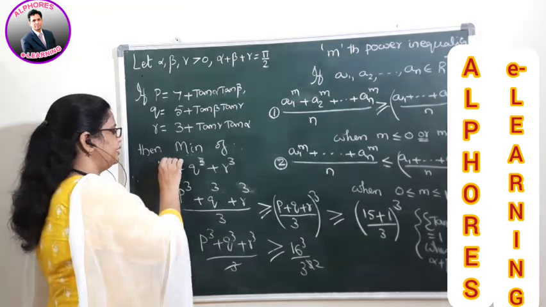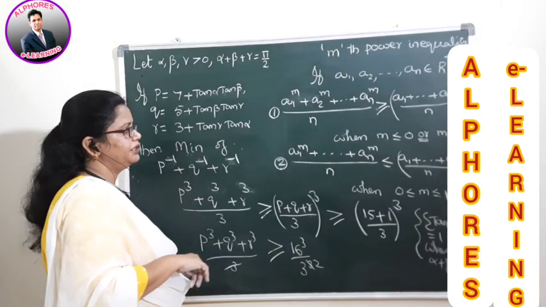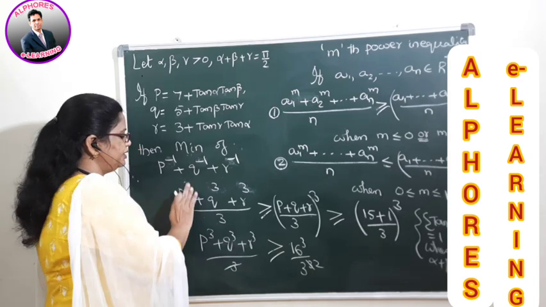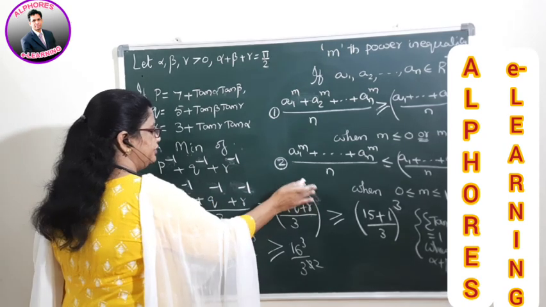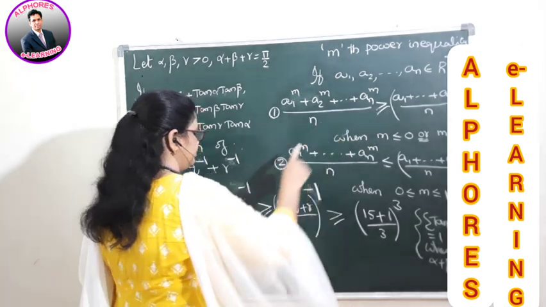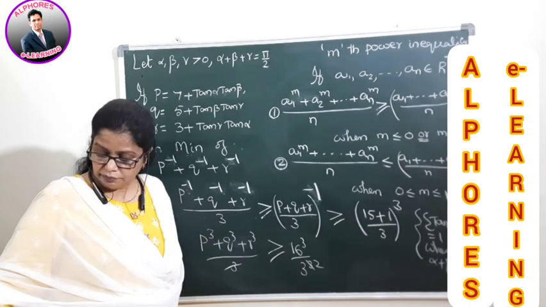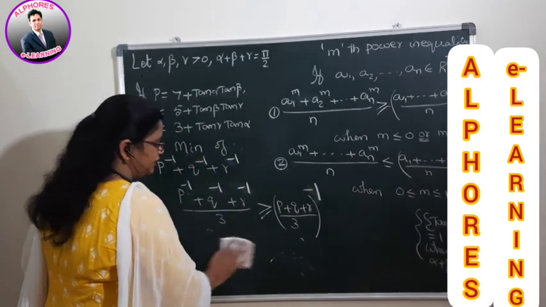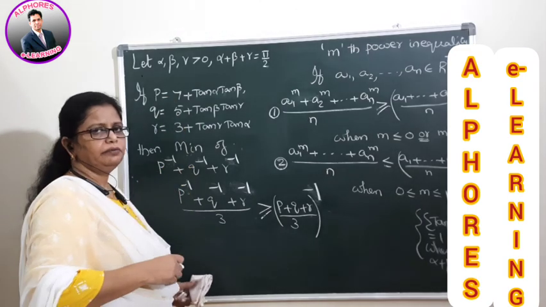If they give, suppose, power minus 1 also, then also you can make use of it, because m less than 0 implies you can use even negative values. Power minus 1, suppose, students, if I write in this way again here, power minus 1, then this entire value is how much now? Minus 1. But the greater than or equal to symbol remains the same, therefore it can be the minimum value. So in this way you can make use of this formula like anything. That means if you know the concept very well, then you can make use of this formula once you know the direct addition of the values, right?